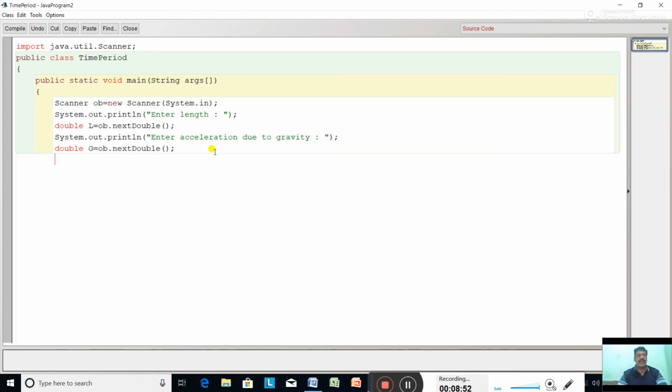Now what you have to calculate? T. The double T equal to T for time period of a simple pendulum. T equal to 2 pi. So what is value of pi? Value of pi is 22/7.